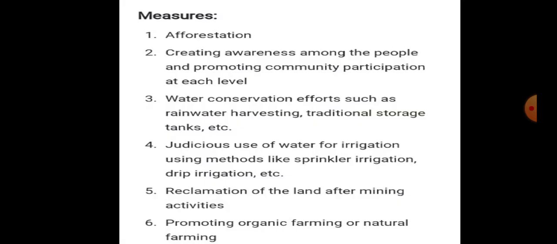What are the measures to conserve the land from being depleted or degraded? Afforestation. Increase the forest cover. According to the National Forest Policy 1952, 33% of the land should be kept under the green cover. So many plants are to be grown. That's why we have Vana Mahotsava, the festival of forests, being celebrated throughout the country.